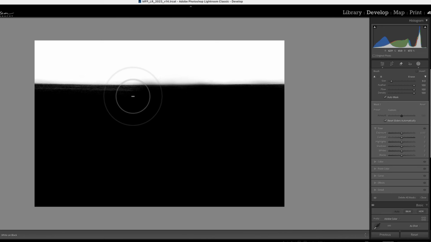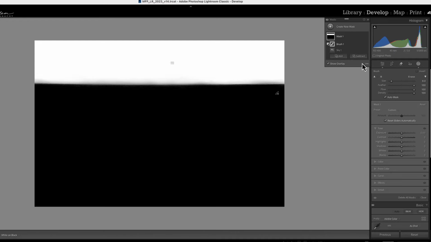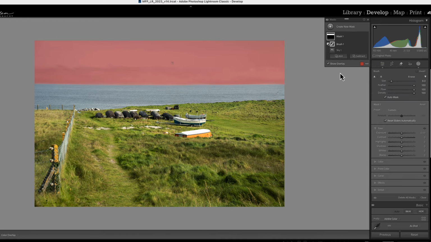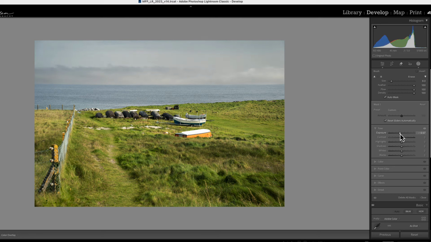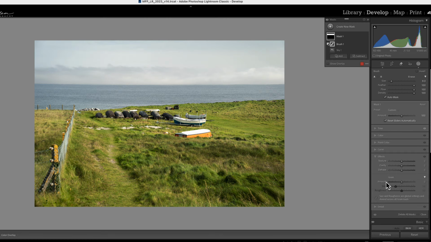All right, and we're getting a little of the subtraction from the sky, but it's so mild, it helps it blend even better. So I've moved across the whole way, taking out all the masking that was in the water. All right, so now let's go back and change to color overlay, and we're going to turn the overlay off, and you can see that it looks very nice, very clean sky with a nice blend because we use that feathered edge. And we can then do a couple changes to the sky, add a little clarity like this,